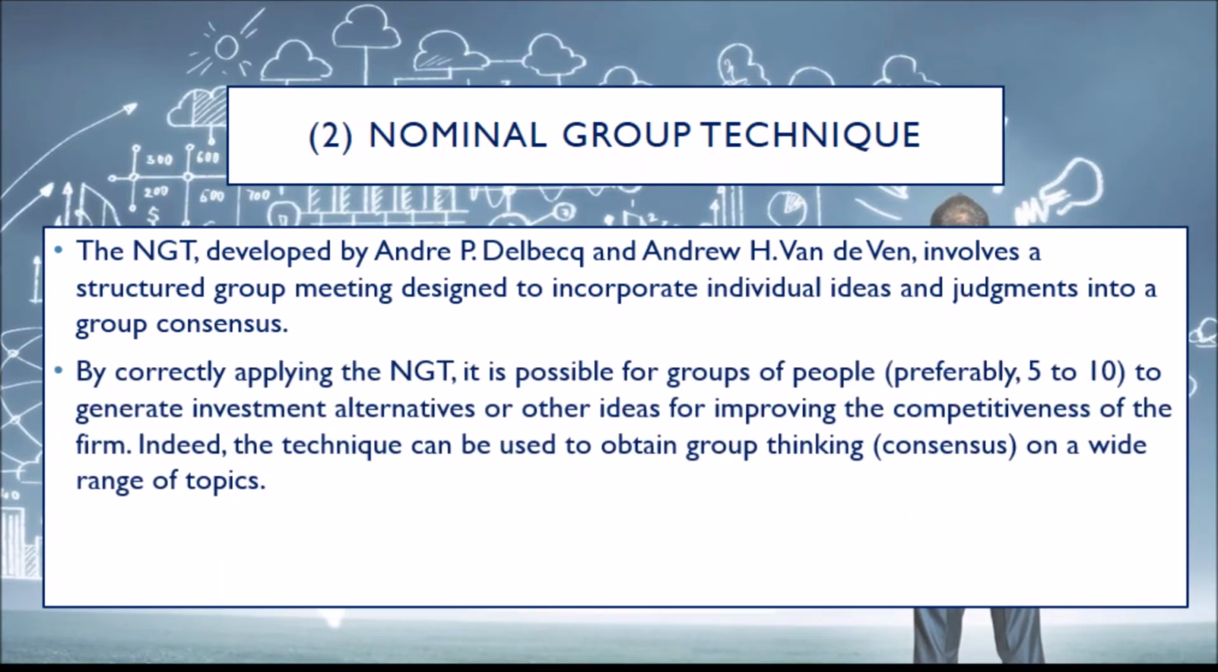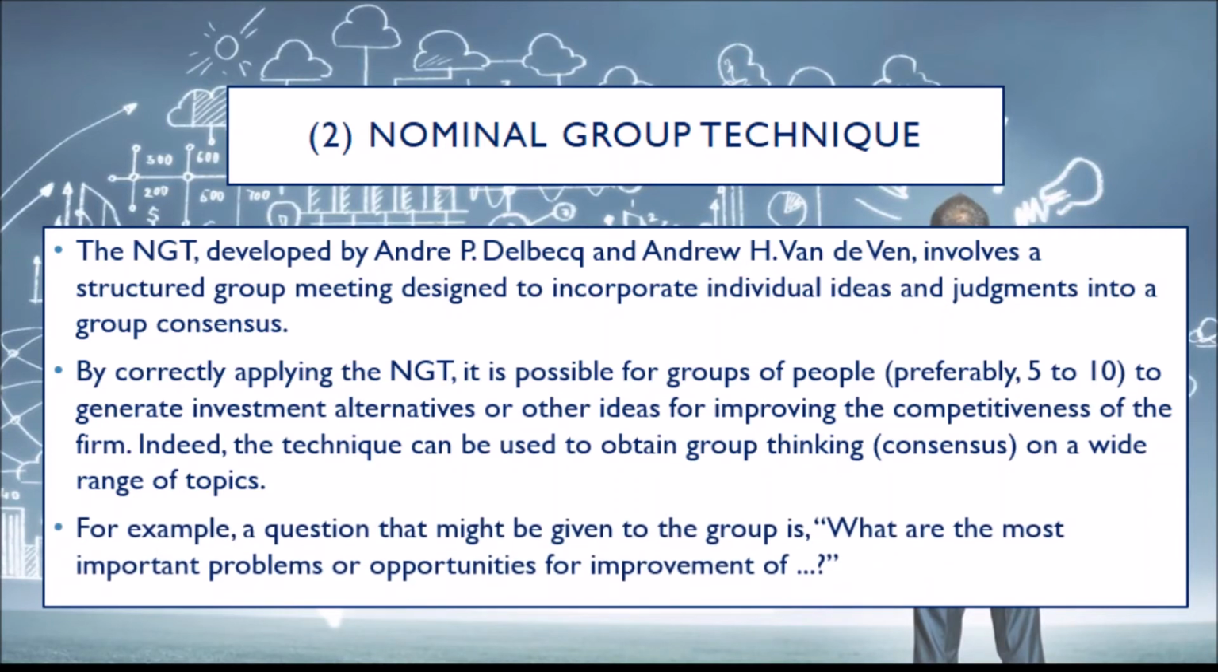By correctly applying the NGT, it is possible for groups of people, preferably 5 to 10, to generate investment alternatives or other ideas for improving the competitiveness of the firm. Indeed, the technique can be used to obtain group thinking on a wide range of topics. For example, a question that might be given to the group is, what are the most important problems or opportunities for improvement of